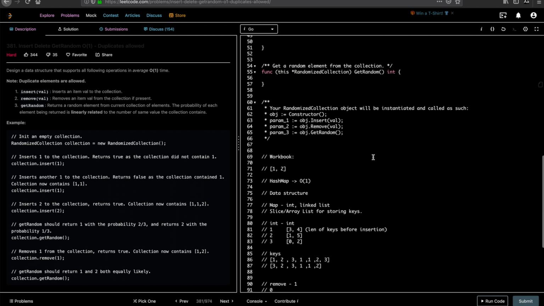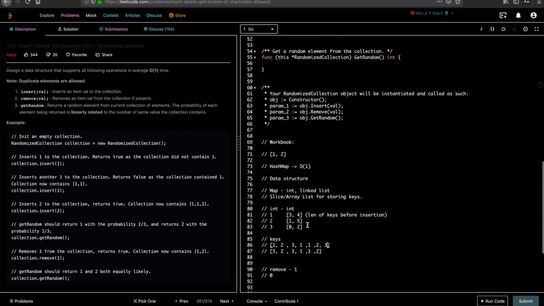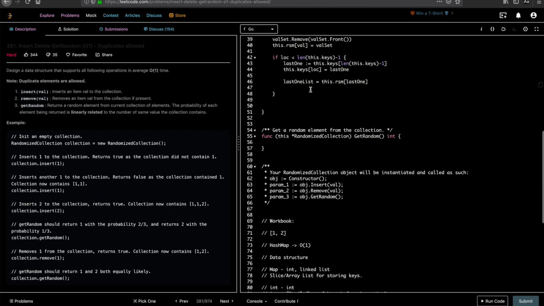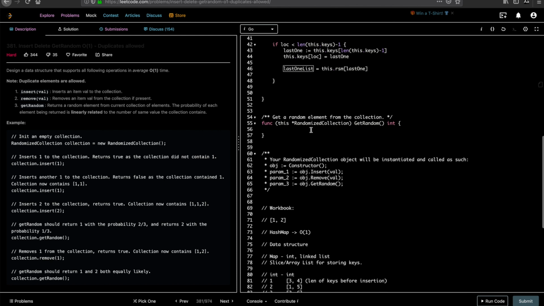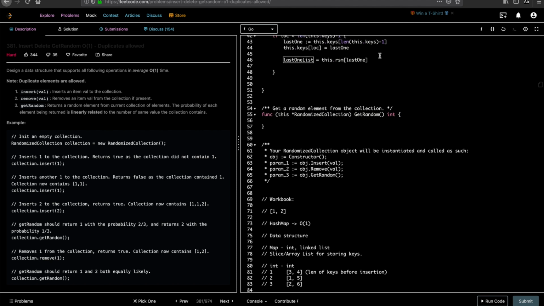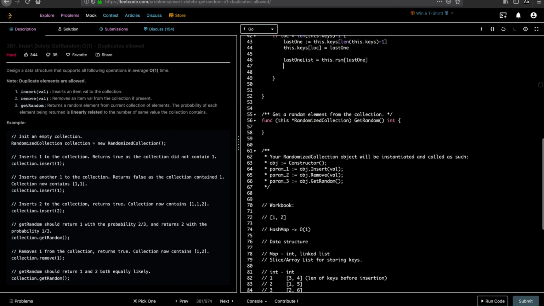So the list for the last value is basically 3, right? For 3, for example, we have 0 and 2. Ideally it was just 2 and 6 initially, right? So this gives last one list, which is basically 2 and 6 now. So what are we going to do? We are going to remove,